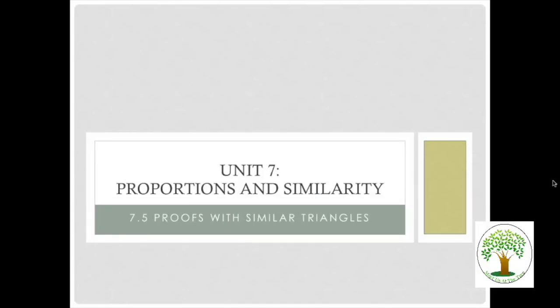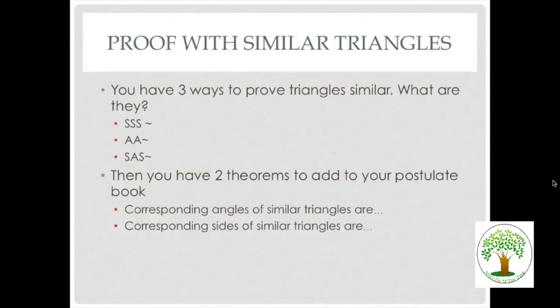7.5, we're going to do proofs with similar triangles. The word proofs actually makes some people very nervous. I'm hoping that with your experience last semester and the massive amount of studying that a lot of you did for your final, I'll help you with this. I'm going to give you some tips, okay? All right, so